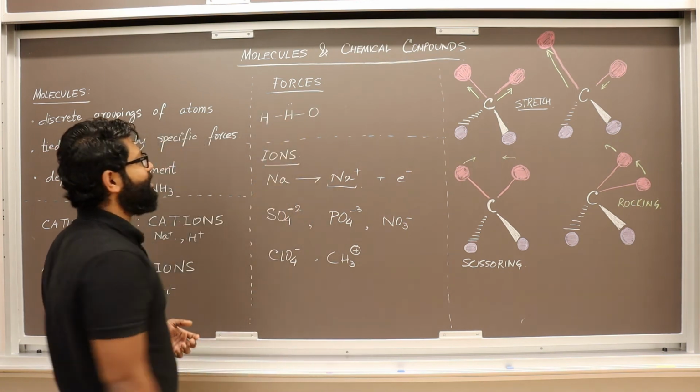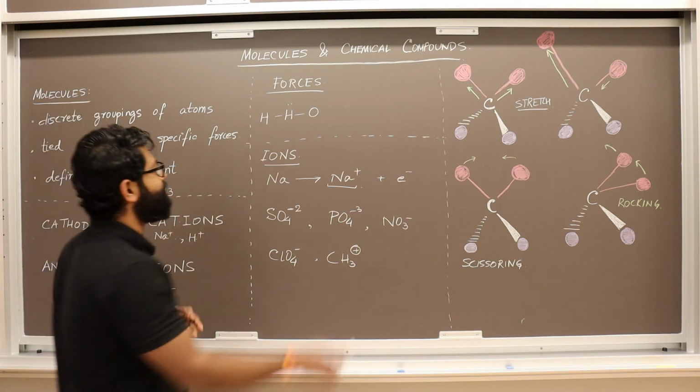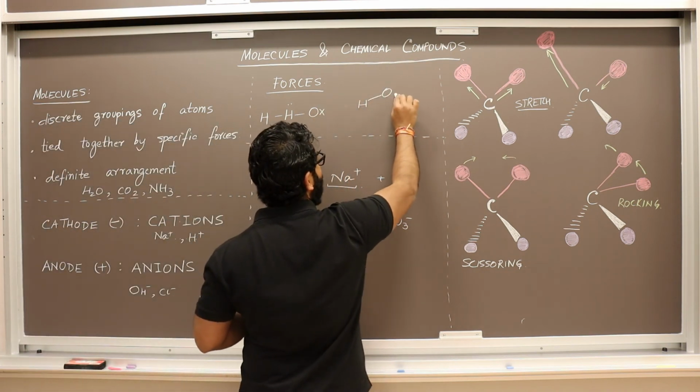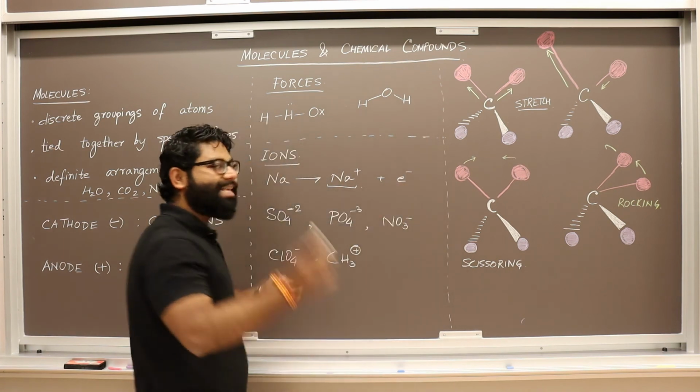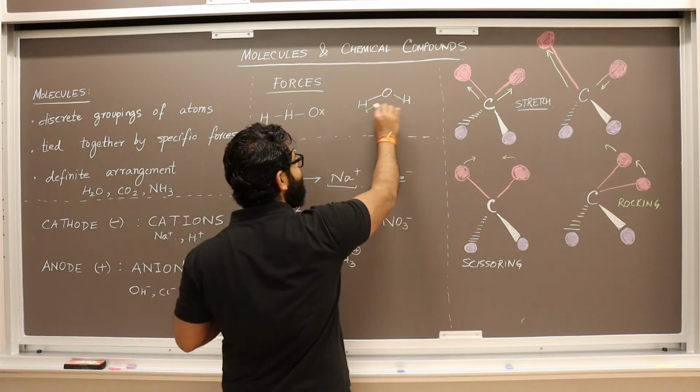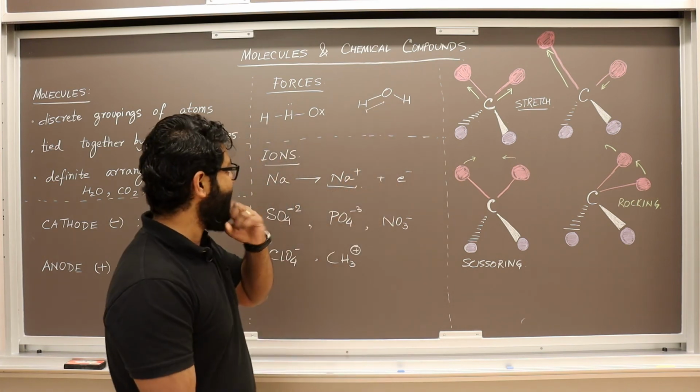hydrogen and water like this. This is not possible. This is not water. You have to have water which looks like this. It has a bent shape. The shape is fixed. The distances between these are fixed, and we'll be discussing these things in future when